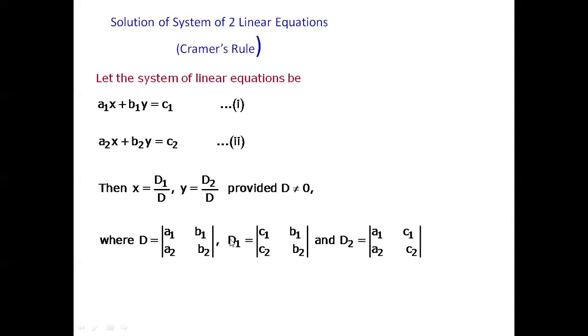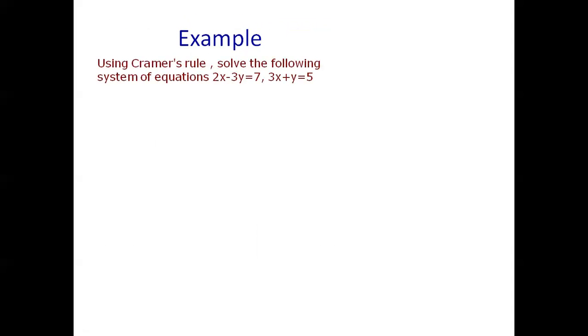We can see here. Then take the determinant, that is the cross multiplication of the diagonal entries. Same for here, same for here. So these are the values of D, D1 and D2. Then put these values in the formula, then we get the values of x and y. Next is an example on this Cramer's rule for two linear equations.